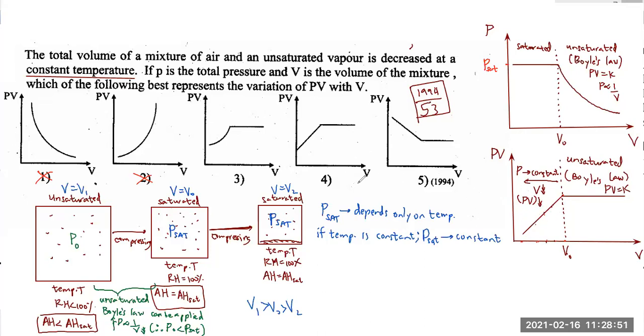the fourth one. And the graph, I don't think should start from 0. You can see there might be a printing mistake here because volume 0 means it's like you're crushing the chamber. So it can't happen. You can reduce the volume of the chamber to some extent, right? After that, it can't reduce. So I think it should stop before 0. So ideally, the fourth one should be the best option for this particular question. But in future, if you come across a graph for pressure and volume, then you should be ready. This is the answer.